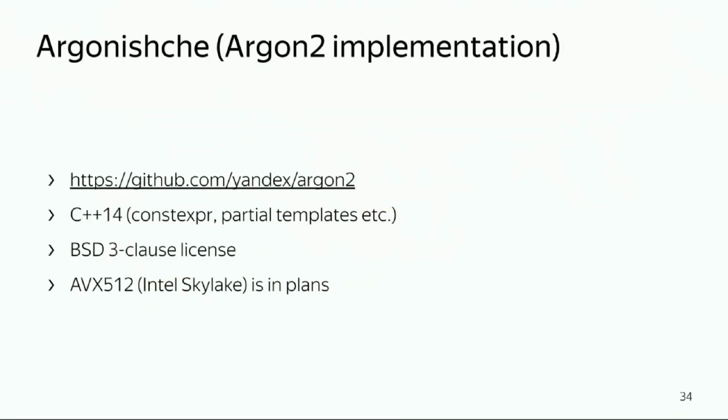So our implementation is called Argonische. In Russian, the suffix "-ishche" means something that is bigger, that scares small children and so on. So it's kind of funny. It's written in C++14 and released under the BSD 3-clause license. And I have plans to add support for AVX-512